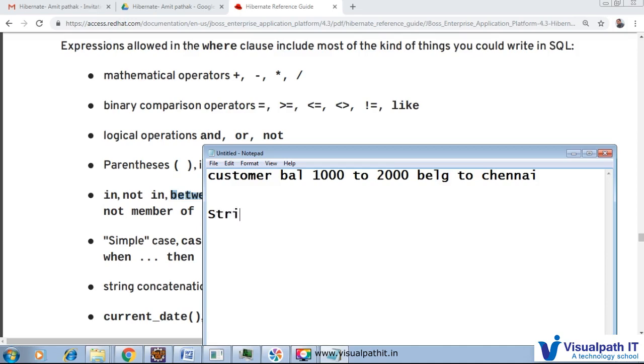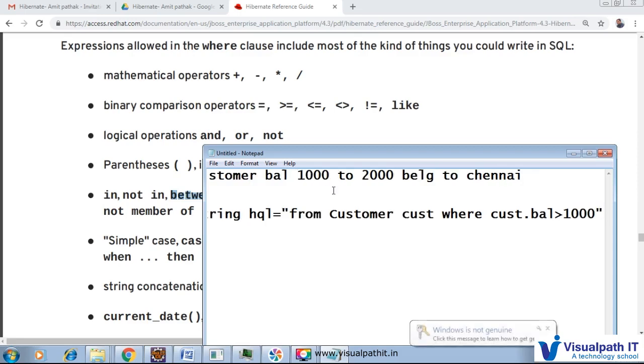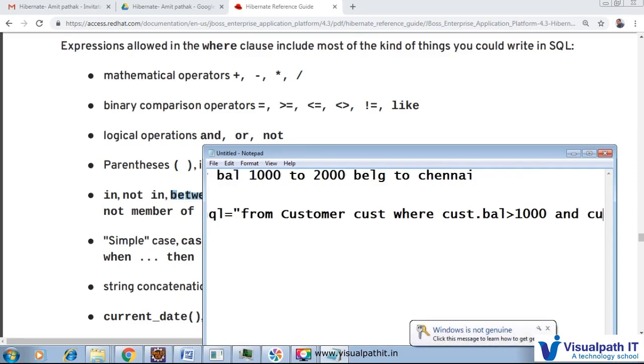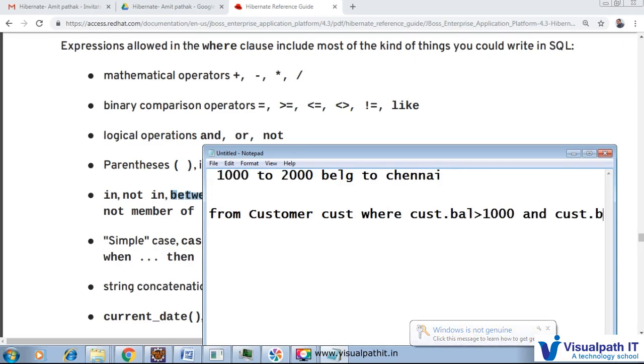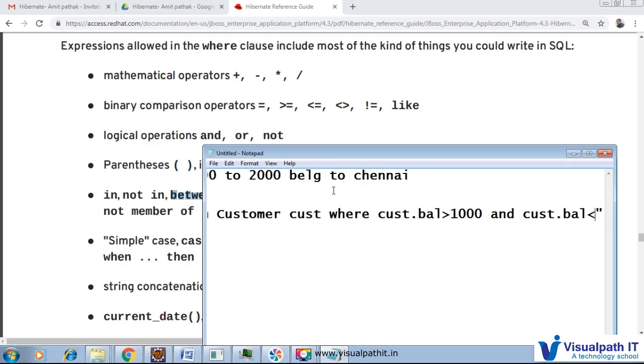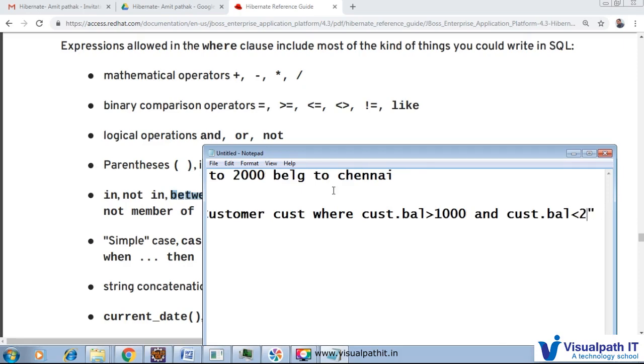We can write a string SQL and we can write from customer CUST, where clause, where CUST dot balance greater than 1000 and CUST dot balance less than 2000. Even we can write this clause here,